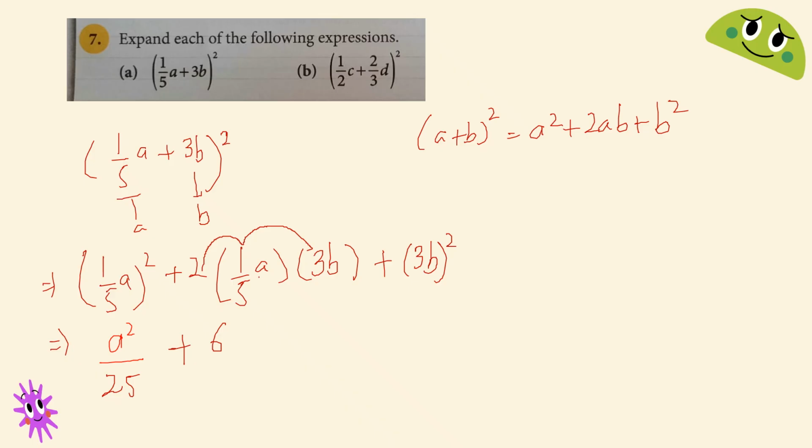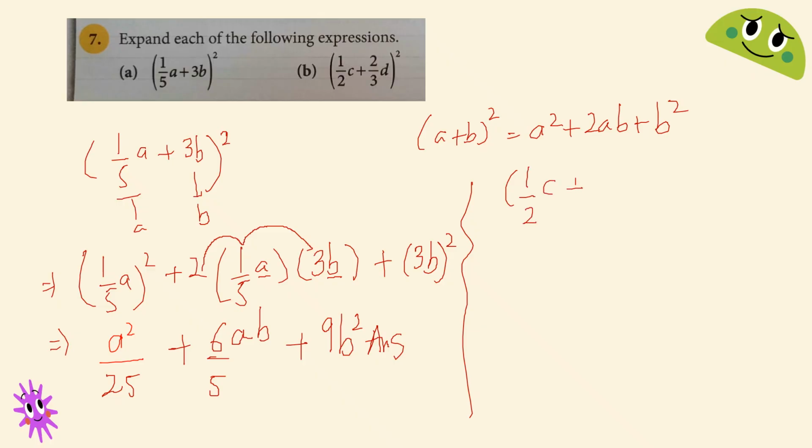And now you have two more variables, that is a and b, so you will be writing 6ab, and in fraction form you will be writing 6/5 ab, and then 3 multiplied by 3 is 9, and then b square. This is how you are gonna solve this. Now let's look into the next one, which is